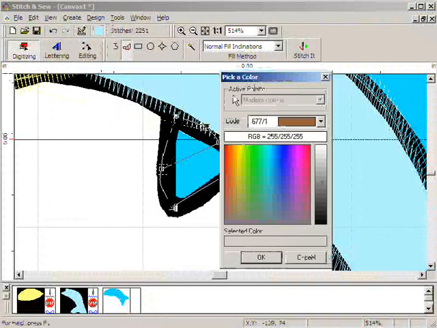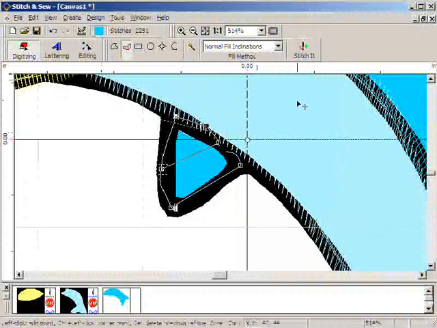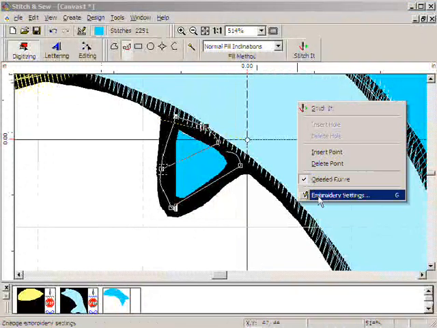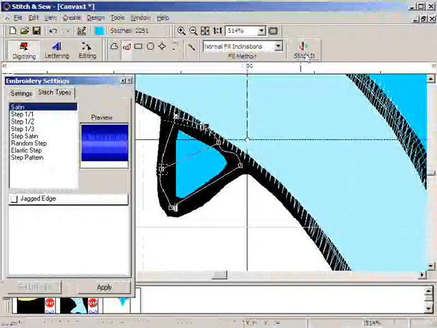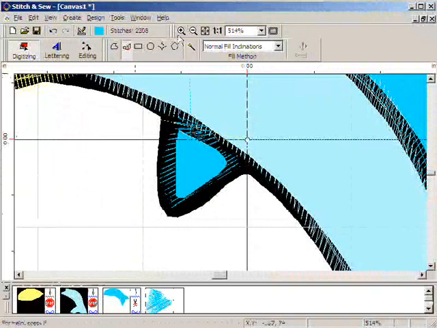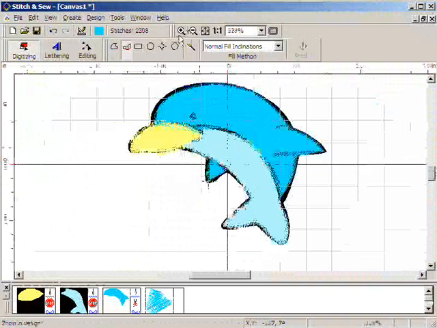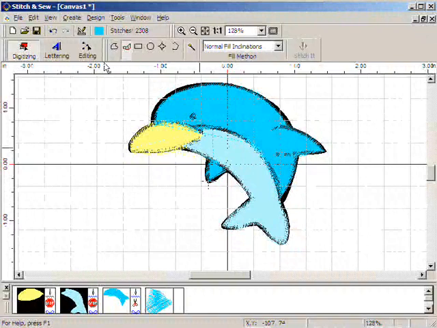And finally, we'll set our color. And instead of a fill stitch, we're going to use a satin type, which is the default for this column type tool. And finally, we'll hit stitch it. And you've just seen the major tools that we use to digitize just about any type of